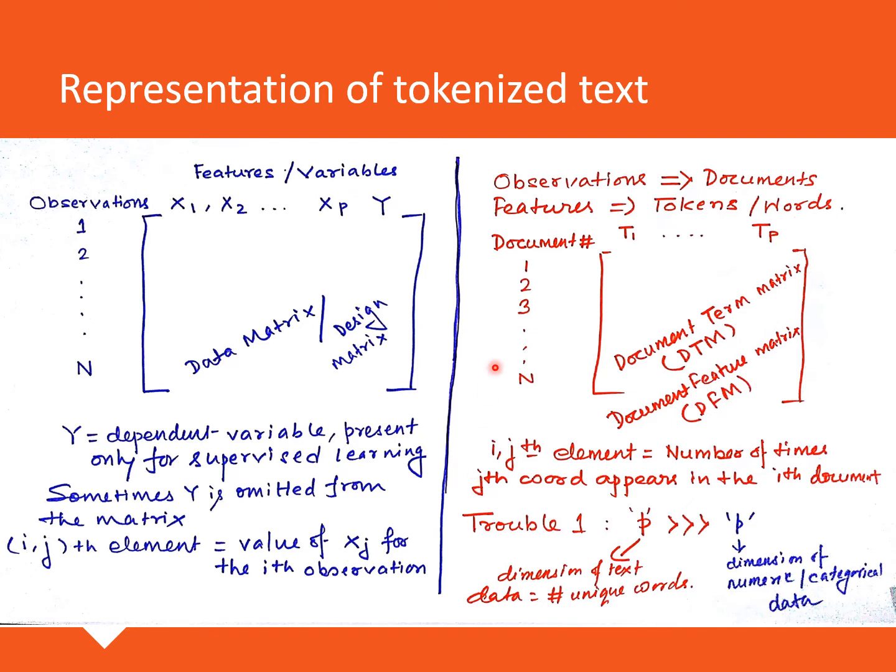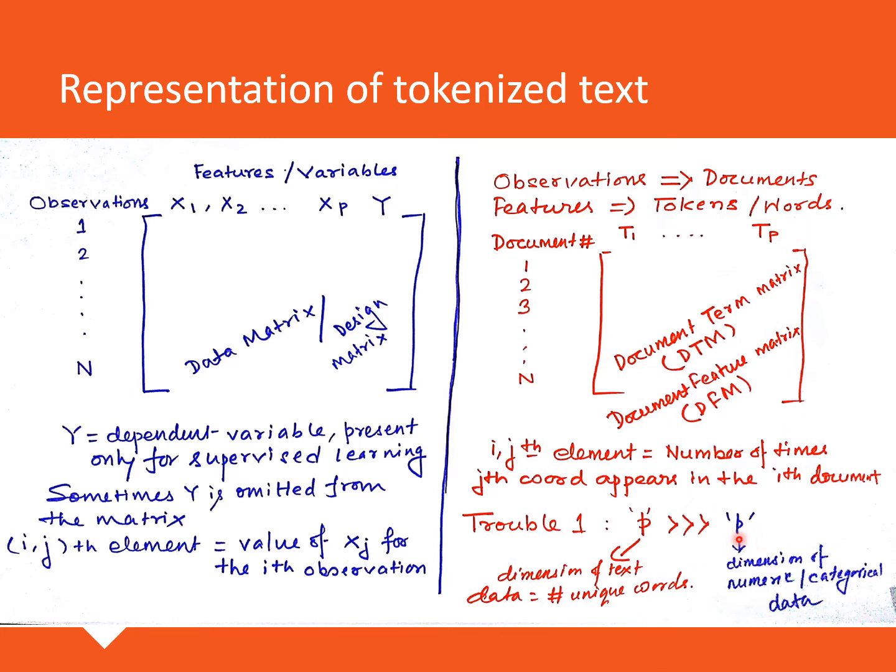Now think of it, if you have a collection of, let's say, not much, 100 sentences, and let's say these sentences are reviews that users have written about some Android apps. You'll see that the number of unique words, even with 100 different reviews for any Android app, will be huge. So p here will be